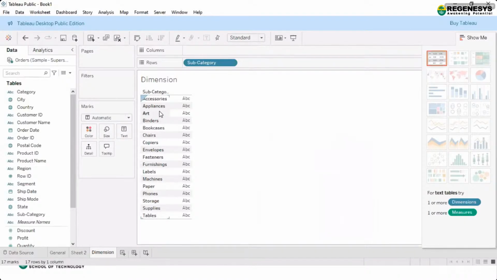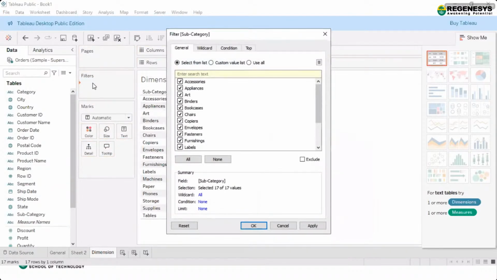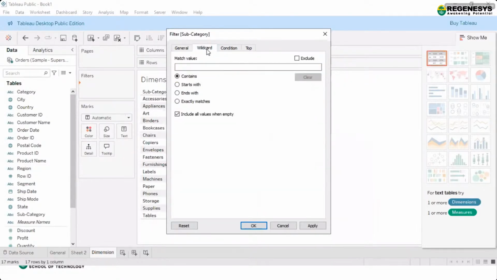How do we do this on the values inside it? Let's say I'm just taking the subcategory to the filters. Here, instead of this, if I want it on the dimension, I am using the wildcard.